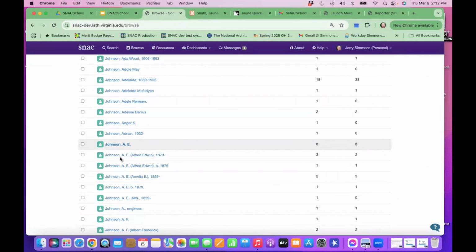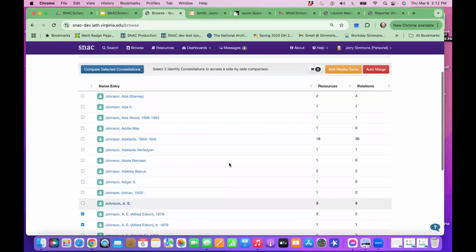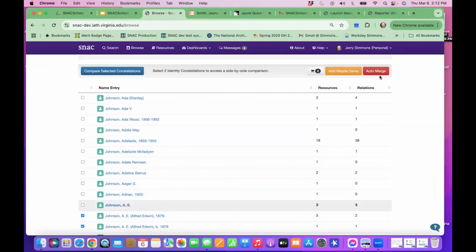Browse. This is a person name, Johnson, AE. I think it's, let's see if I can find it. Oh, there we go. The name AE or Alfred Edwin Johnson. So these are clearly the same one: the same last name, the same initials, middle name, and then the birth year. So click there and there, roll up to the top, click auto merge,